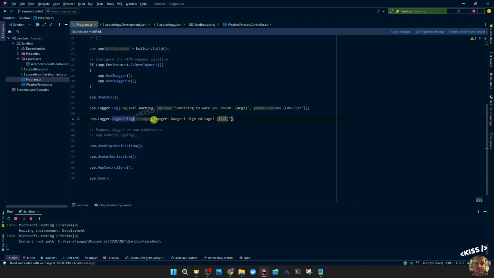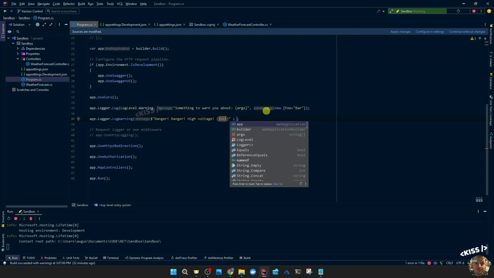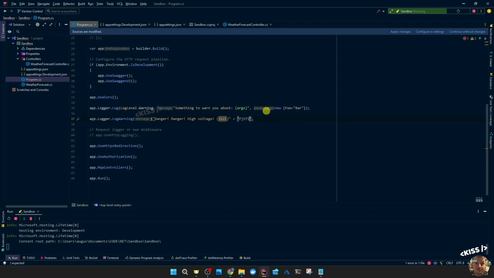But more commonly it's used by typing app.Logger and then specifically LogWarning. Then you only have to pass your log message, and you can of course use things like string interpolation or just concatenate the strings yourself. But that's not actually a good practice if you want to later on have structured logging and if you want to better monitor your logs. I would advise against string interpolation and all those things,